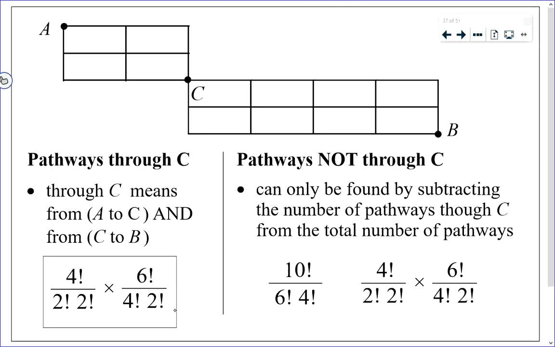We're going to take 210 and subtract the number of ways that we just calculated to the left of the screen, which was 90. And if you work this out, you can try it on your own on your calculator. It's 120. So once again, the only way for you to figure out how many pathways there are that are not through point C is to subtract the number of pathways that are through point C away from the total